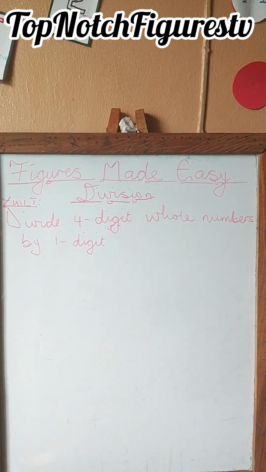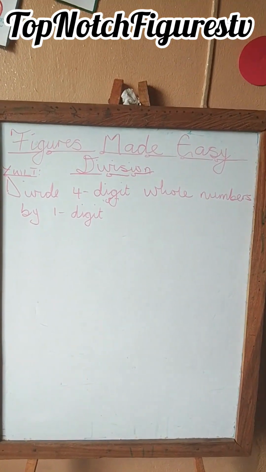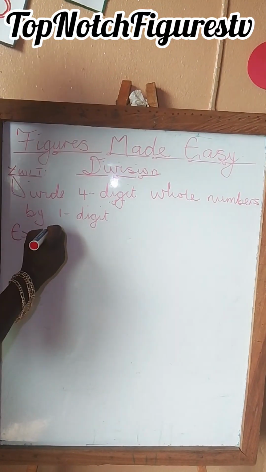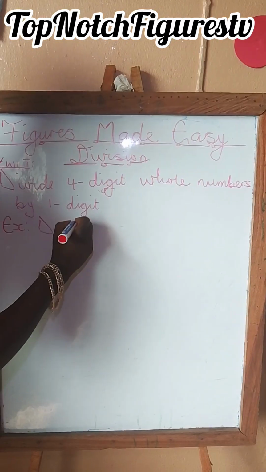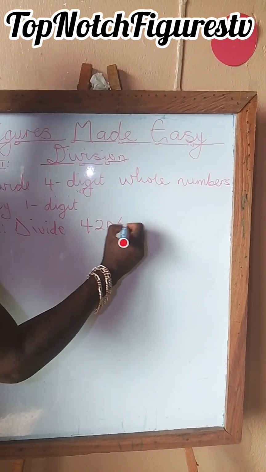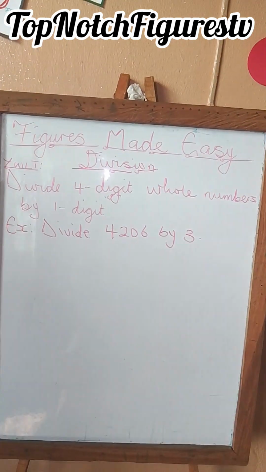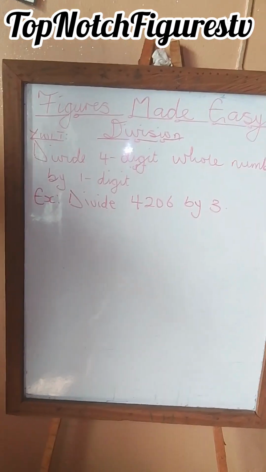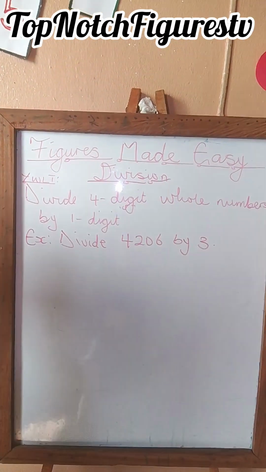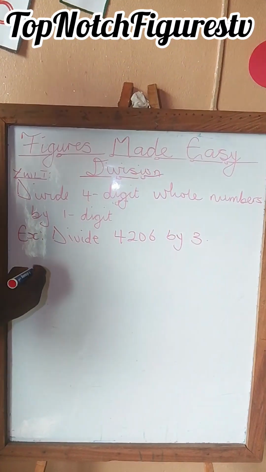So let's start with this example. Divide 4,206 by 3. We will be using the long division method to do this. Remember the parts of the division, where we have the